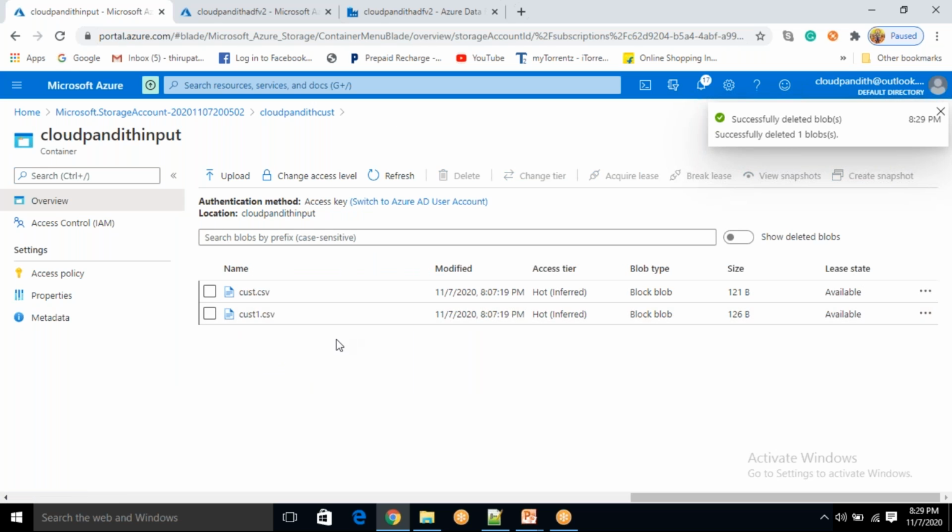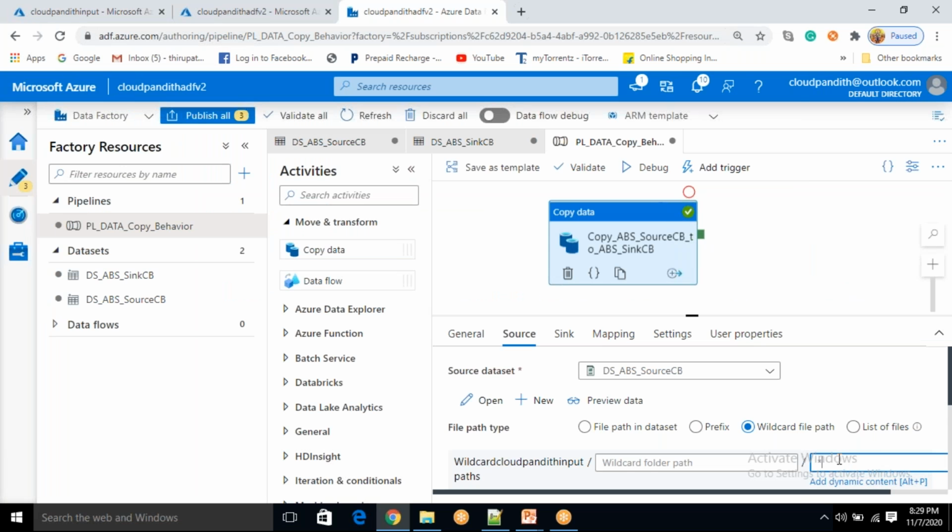I deleted the subfolder things in our Cloud Pandit input. Now you see cust.csv, cust1.csv. Now come here. I'm going to say star here. If I say star, what files will be copied into your destination? Those two files will go. Now instead of that, I will say cust.csv.